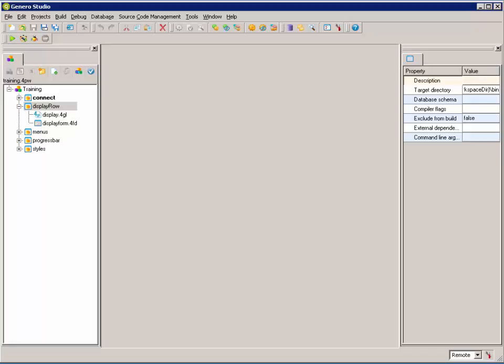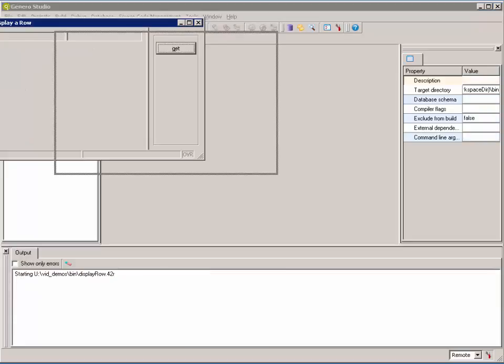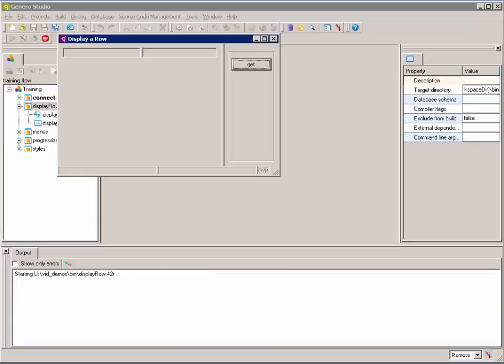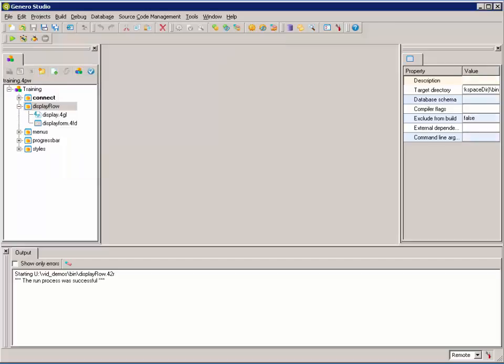In this video, we'll take a look at displaying a row of data. Here we have a little program that will run. And we can see that it's simply a little form with two edit fields. And when we choose the Get action, the Get button on the right, it retrieves some information and places it